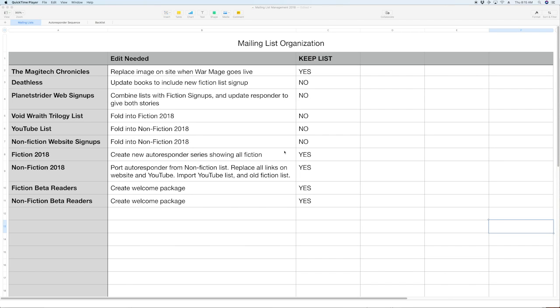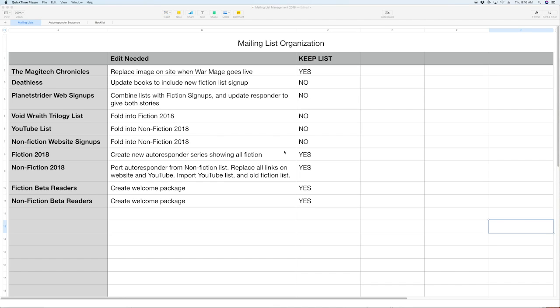Okay, so as you can see, we are looking at a spreadsheet that I've created. Basically this was a move of desperation where I looked at all the stuff that I needed to do for my mailing list, and I realized the smartest way to approach this is not to granularly change a given mailing list. Rather, it is to holistically determine what lists I should keep and what work needs to be done on the lists that I'm keeping. And so this is what I did. You can read this. I'm not going to go over every field. But you can see I'm jettisoning a whole bunch of lists, and I am creating some new ones. And I now have a plan for how this is going to look.